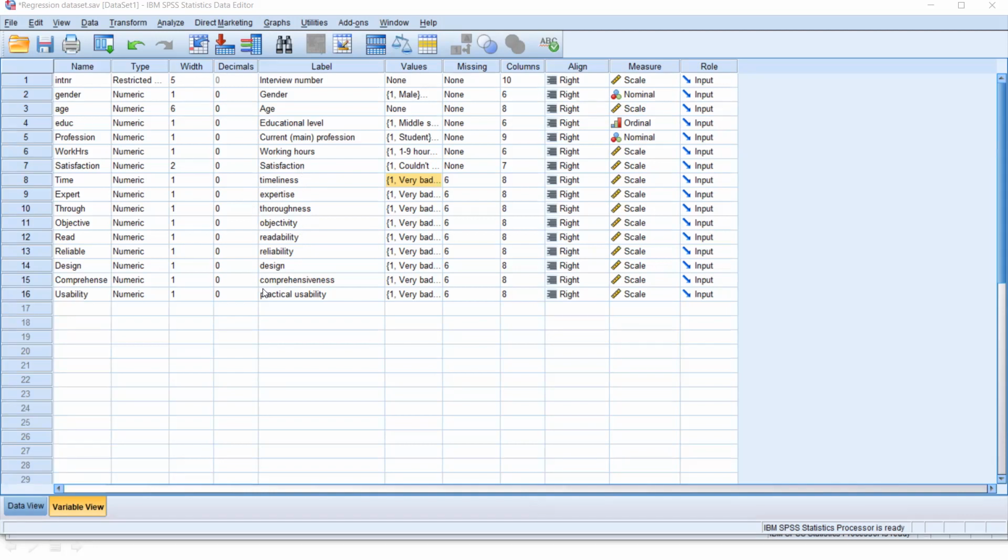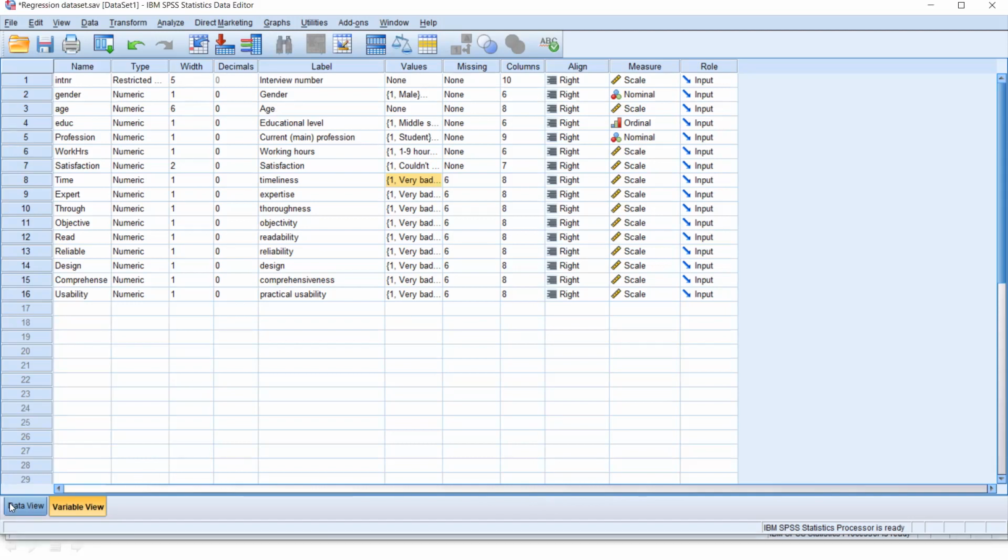There are several independent variables, like timely provision, expertise, thoroughness, objectivity, readability, reliability, design, comprehensiveness, and practical usability. Then there is some sample profile data also: gender, age, education level, and profession.